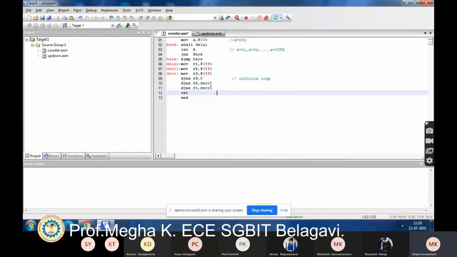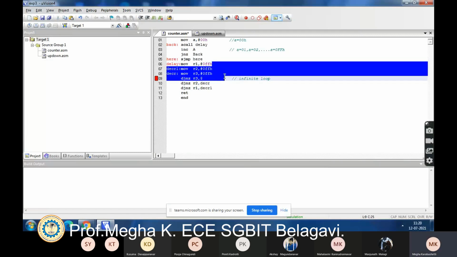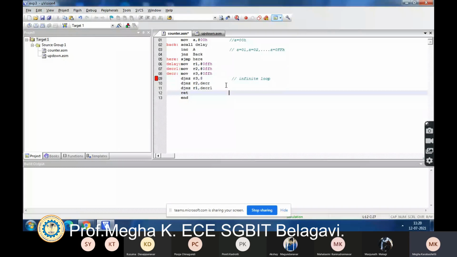This infinite loop will keep executing the same instruction. It will not allow the processor to come out of that instruction until the whole execution is over. It will hold the execution at that particular instruction. What you are doing here is holding the counter or the clock for some seconds so that the integers which are displayed can be visible to you. I'll show you the execution.